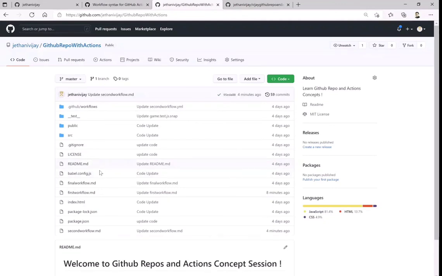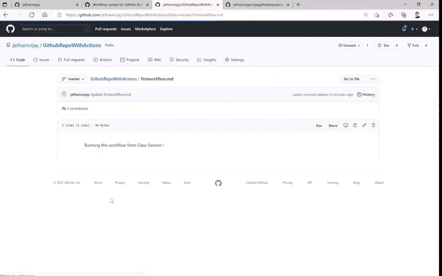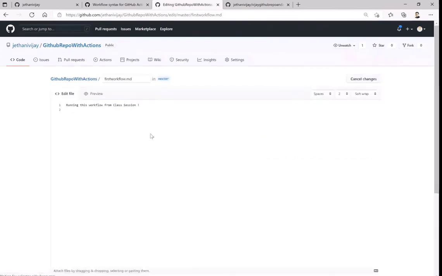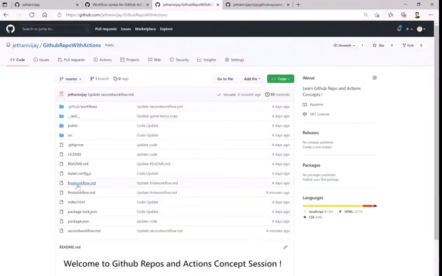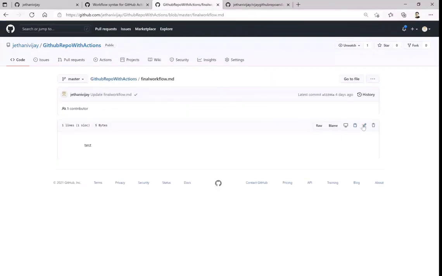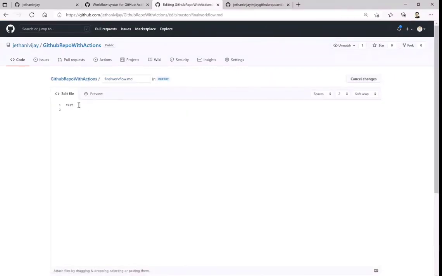I have to now make the change here. Oh, sorry, I took the wrong MD file. So let me try this out here. Running jobs under separate steps or actions, right?